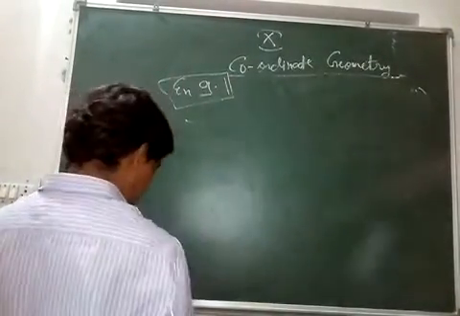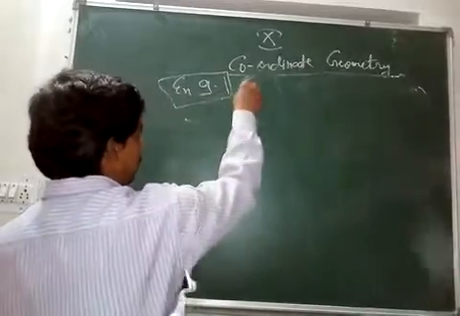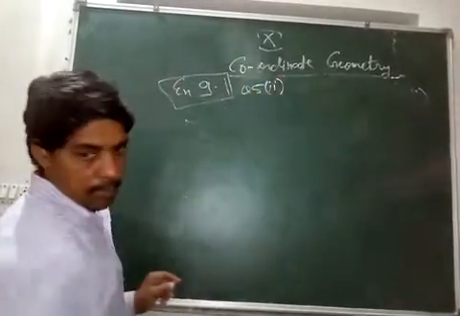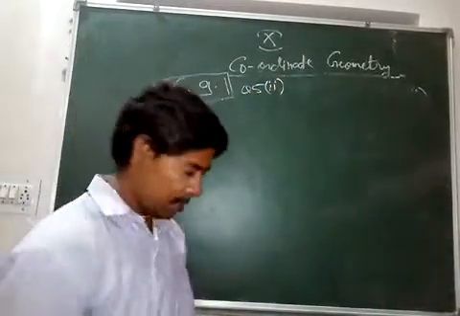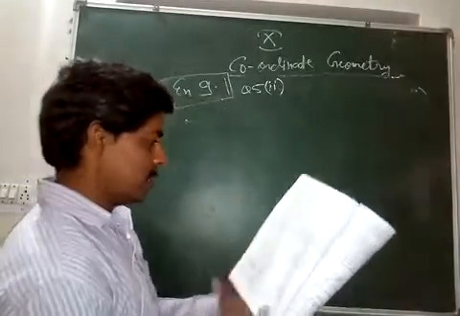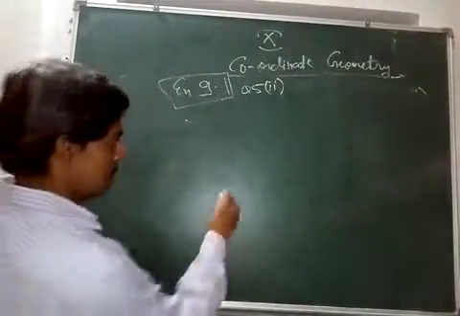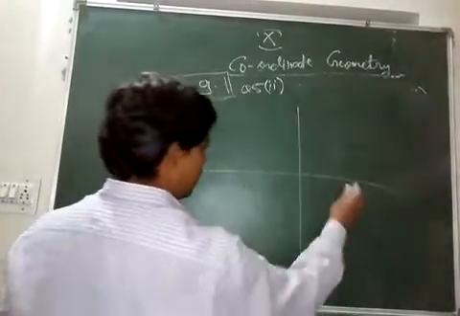This is the fifth question, second part. Question number 5, part number 2. Okay, the question is, plot these points. Again the same kind of question. Plot the points and you have to tell what is the type of